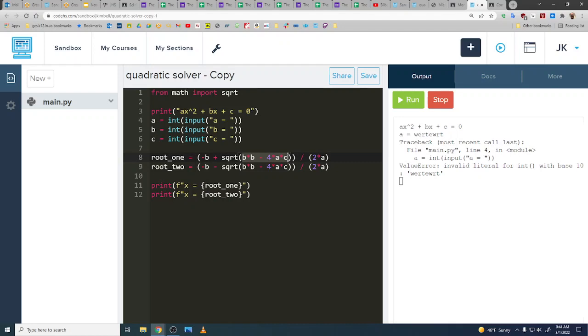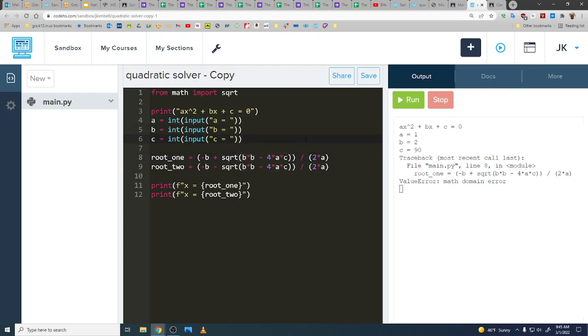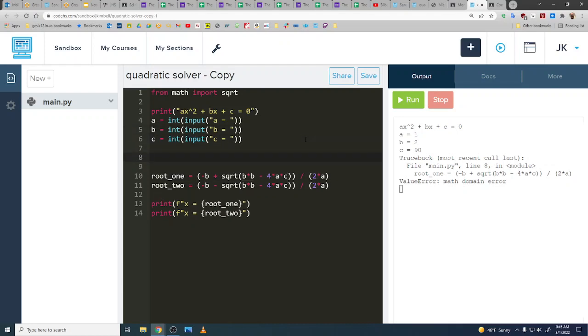But how can we handle that? Well, we could do try except again, because it was giving us a value error when we did that. I think as long as C is huge, it'll do it, right? Yeah. So the value error could happen, but I would probably head it off before it even gets there. It might say something like, this thing,